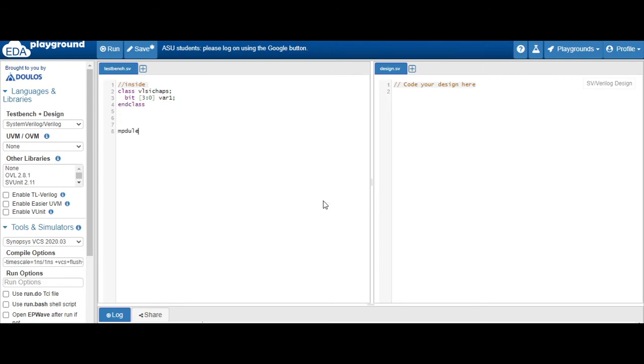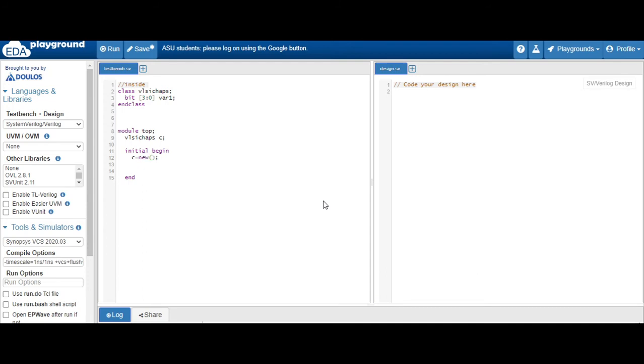So let's go with module top. You can give any name. Then, as always, VLSI chats, C is our handle. Then in the initial begin block, we do memory creation, that is, object construction using the new method.